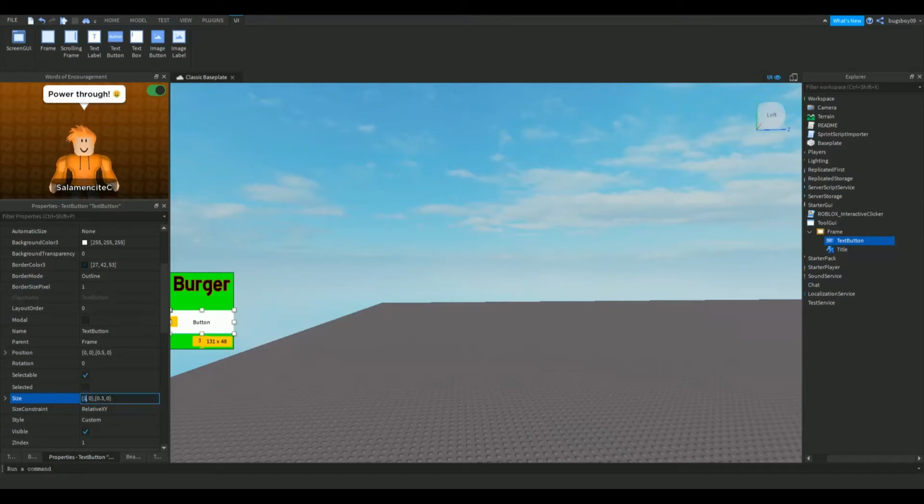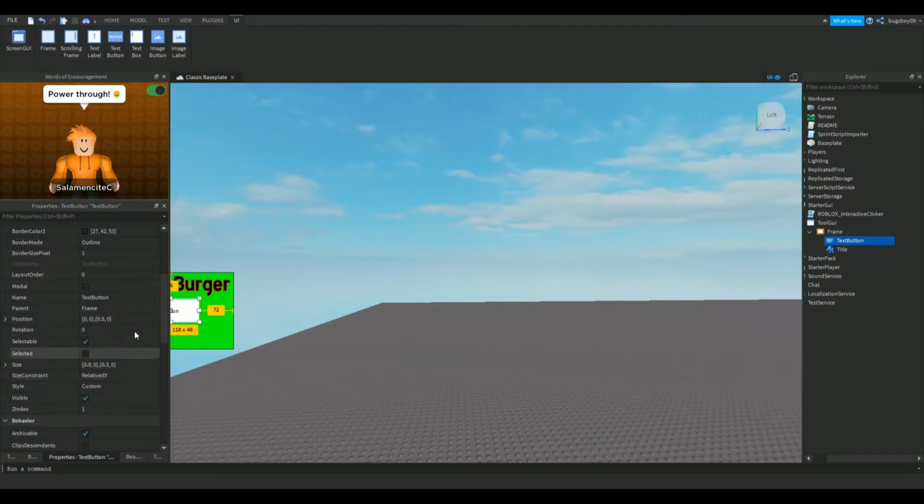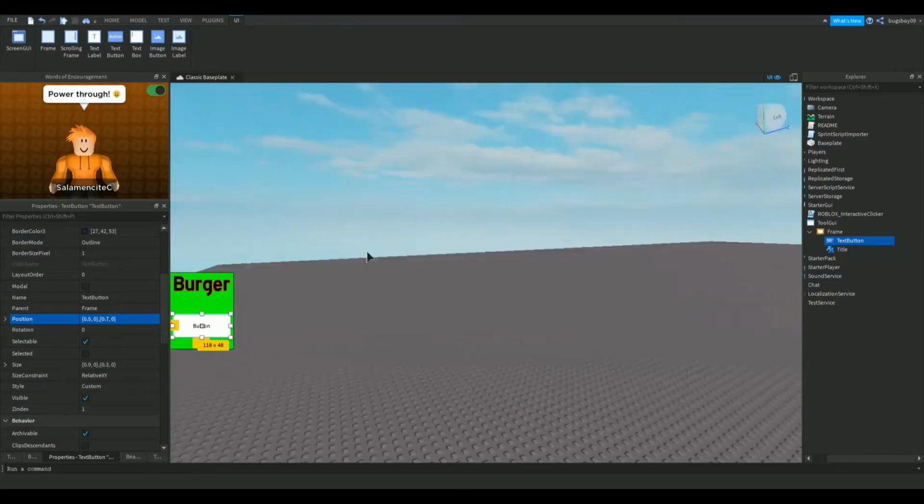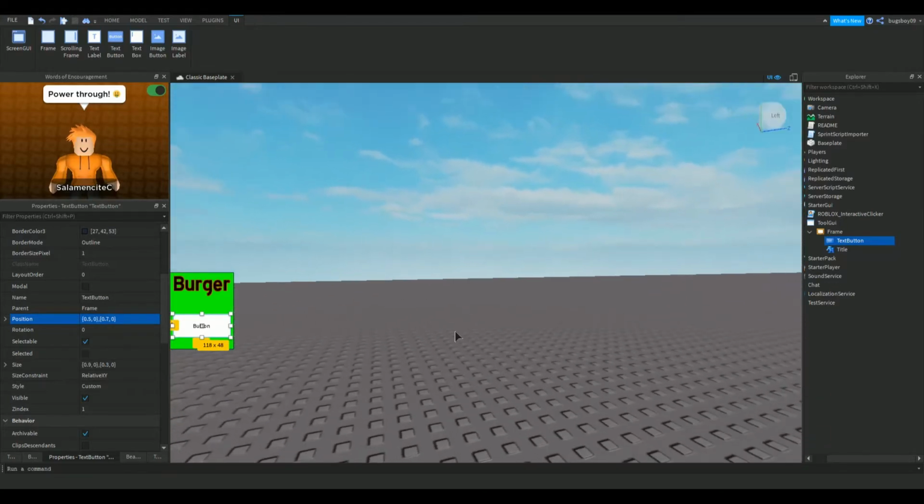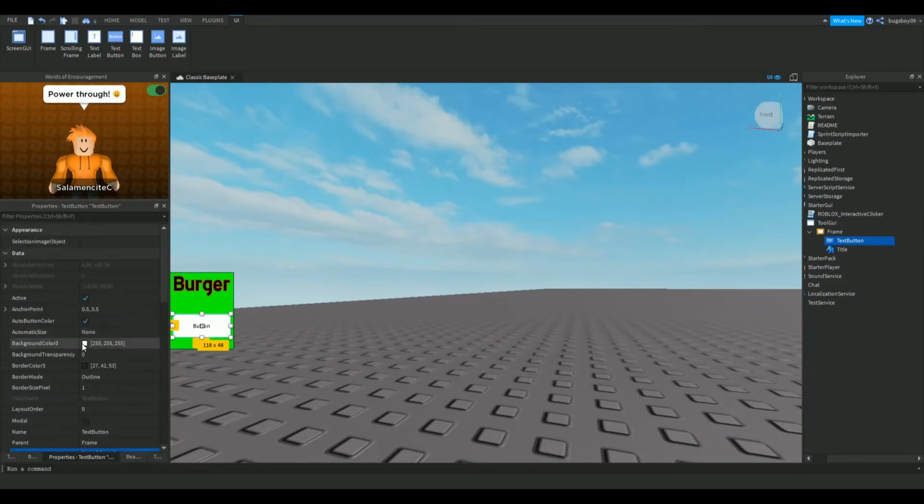This is just something. And then it's at the anchor point 0.5, 0.5. You don't need to do all this. You don't need to do this if you don't want. This is just me customizing my own thingy. And then I'm going to make it blue button,